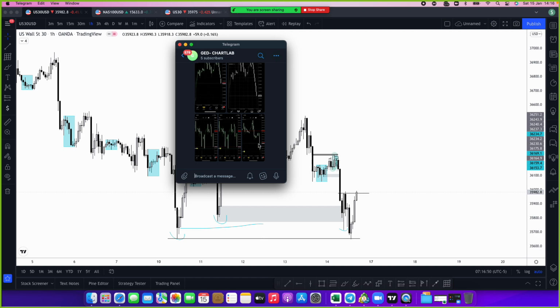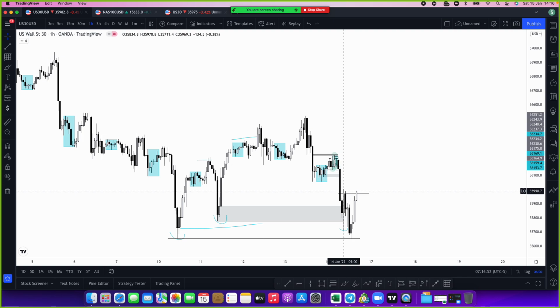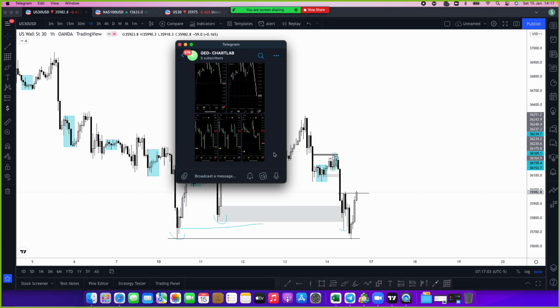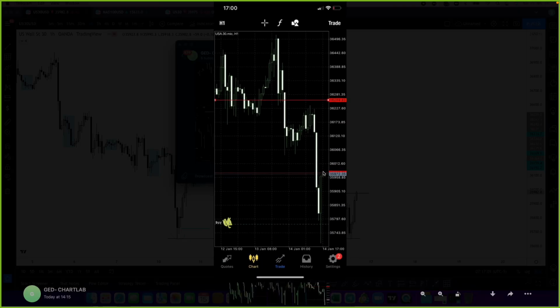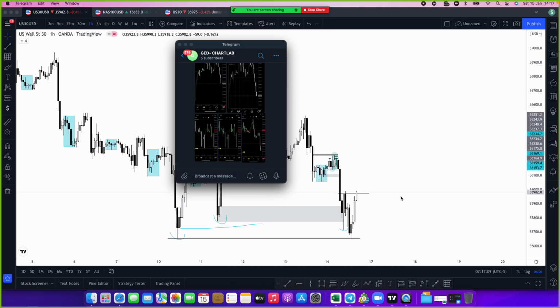What time was that one? This one was 9. Before the 9 they dropped, so then I took here and went with it to the upside. This one also, try to check on my picture here. You see what happened. After this one they opened, then I realized this one started going to the downside, and I said, you know what, let me close it. So I ended up closing.